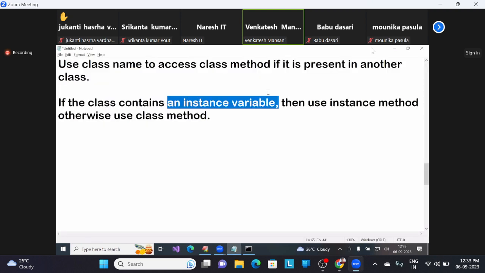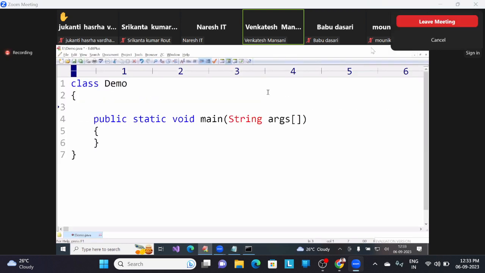Now, is it clear? One more question I'll give. That is how to call. Give me answer. Static integer